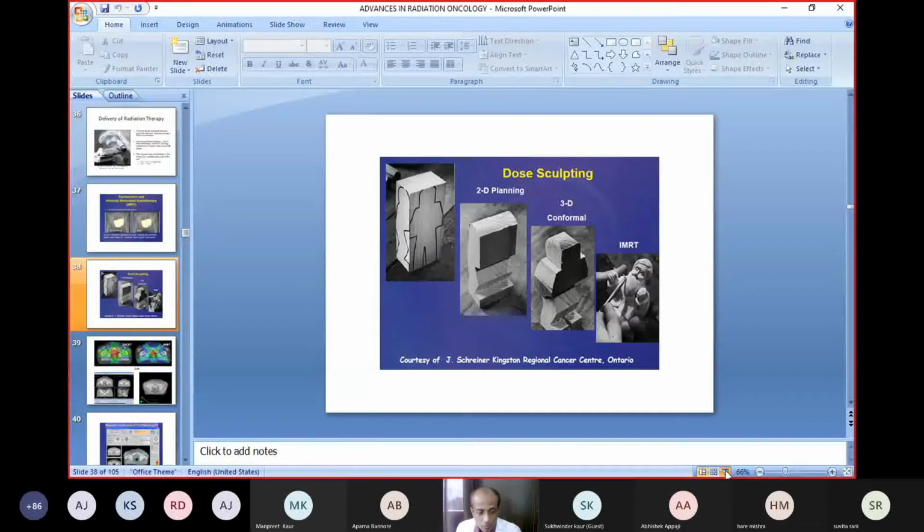So how has radiation oncology evolved over the years? In the 60s, we were basically left with 2-dimensional therapy. In the 70s, we started with wedge and block. We were blocking the outside areas. Then we started customized blocks: for each individual patient, we have to generate individual blocks before delivery of radiation. And in the 90s, we came up with computerized modalities of radiation therapy, which are called IMRT and IGRT.